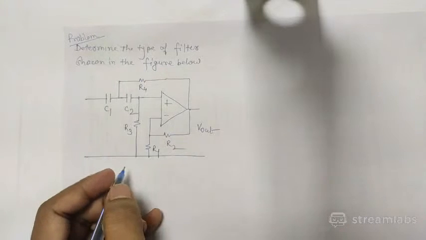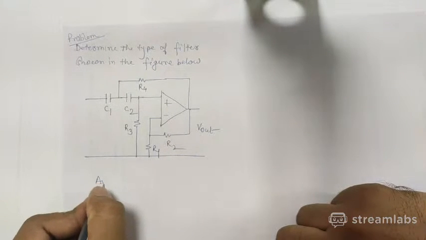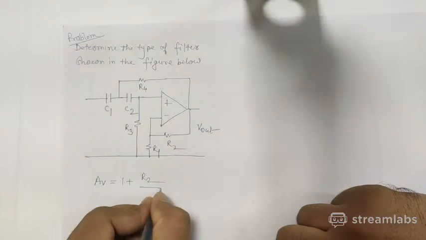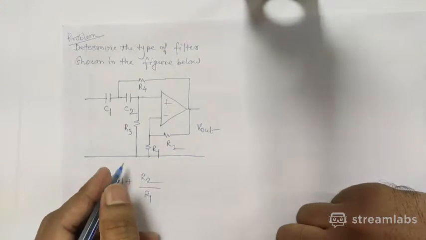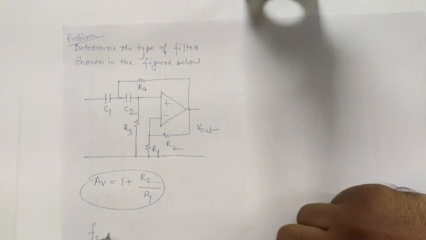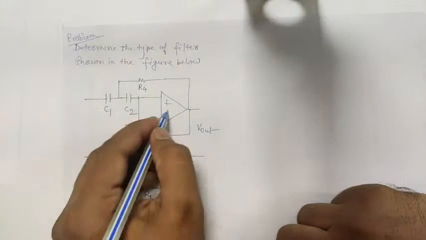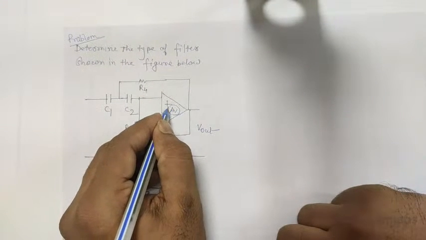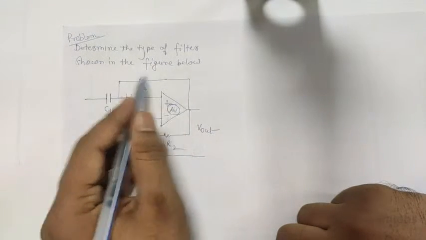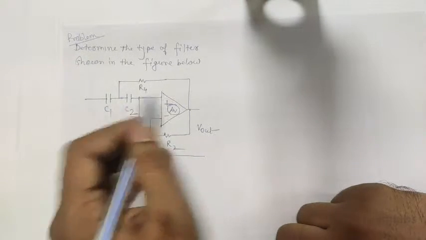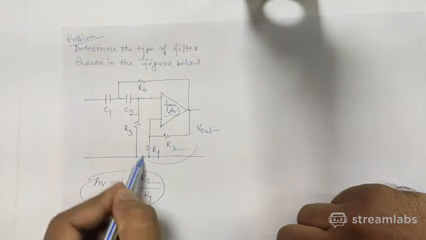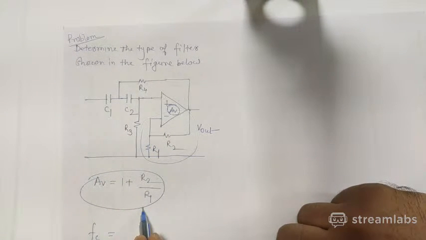Next, then after doing analysis, you will get the gain AV equal to 1 plus R2 by R1 for this non-inverting kind. This is the gain of this. Because this feedback is not connected directly here, therefore we are not considering that as a feedback. Okay, so I am considering this as an important feedback, and the gain will be 1 plus R2 by R1,